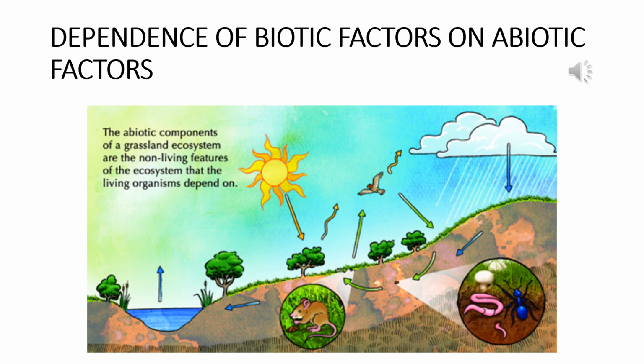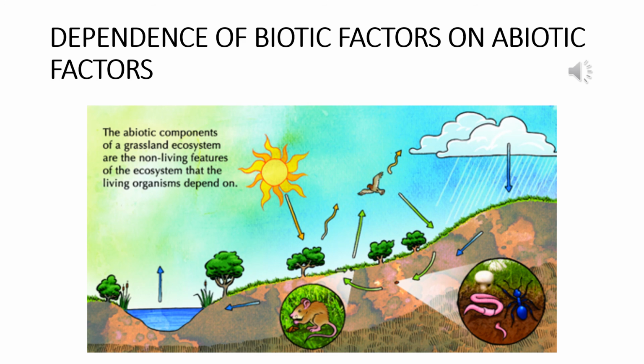So we can see that the sun is there in the picture, and the sun is giving off its rays, and the heat or the sun's solar energy is trapped by the green plants and it is used in the process of photosynthesis. So the green plants, the biotic factor, are dependent on the heat or solar energy, which is the abiotic factor, for making food. Now the water is evaporated from the surroundings,